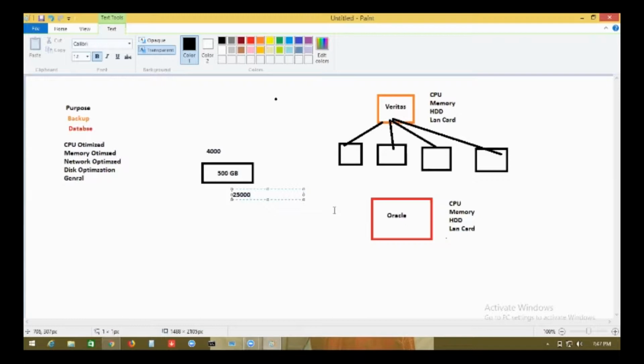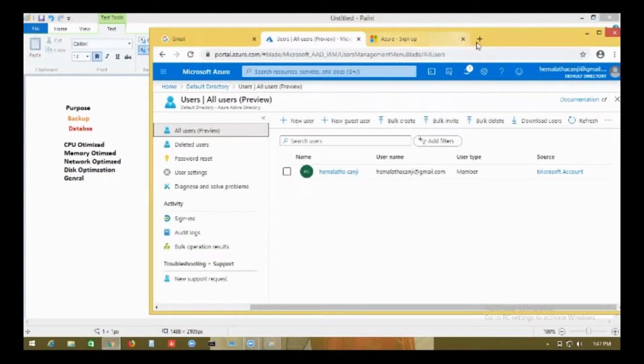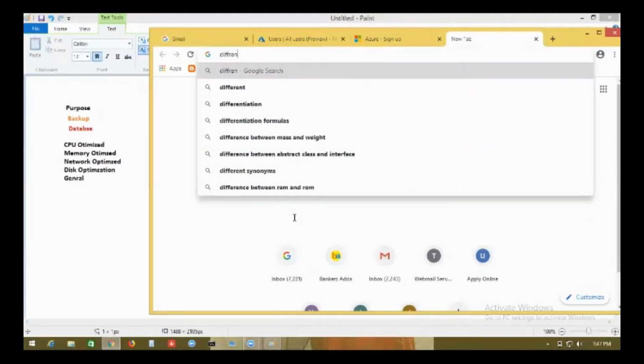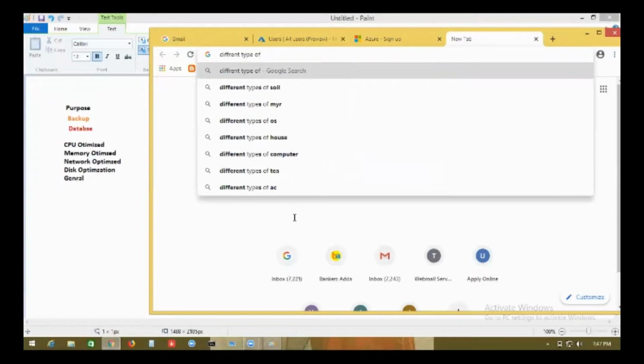So when you go for a RAM, it will again come in a different classification. Correct? For example, when I go to Google, let's say I want to search for a RAM. Different types of memory, RAM, DDR.